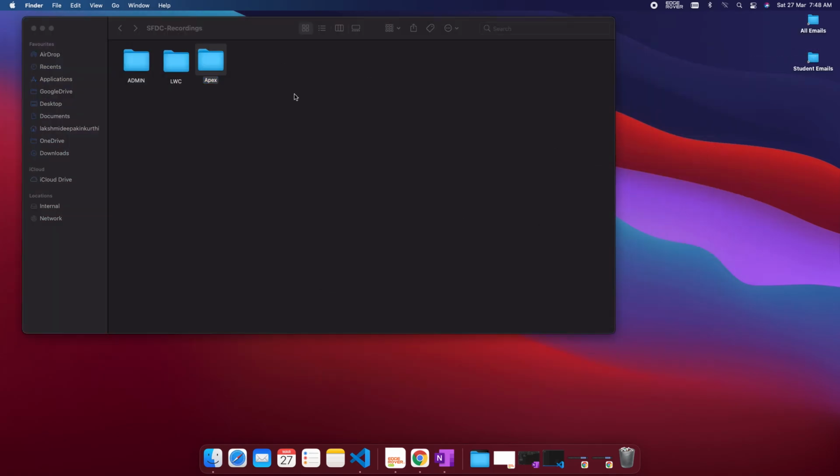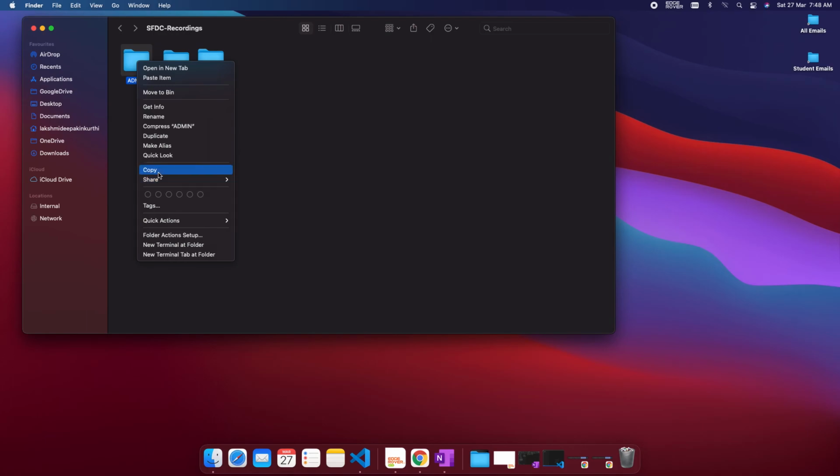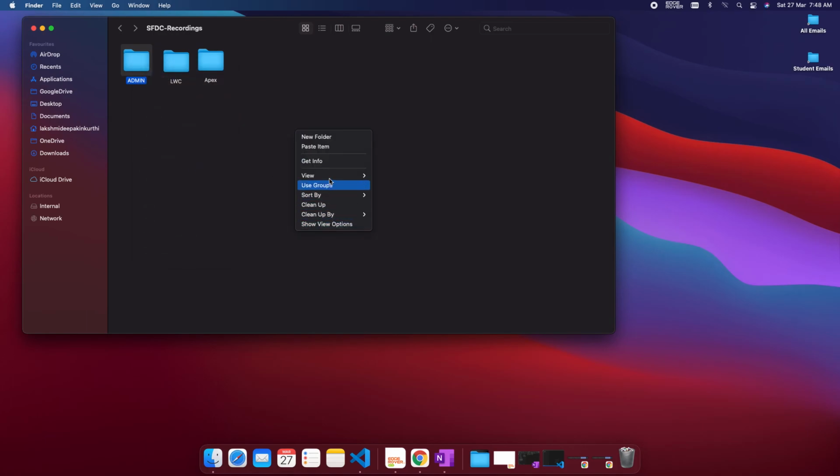Let's talk about it this way. I made a copy of this data and pasted it with the values. Now, if I make any changes to this folder, will it reflect in the main folder? No, because this is not a shortcut and not a reference.